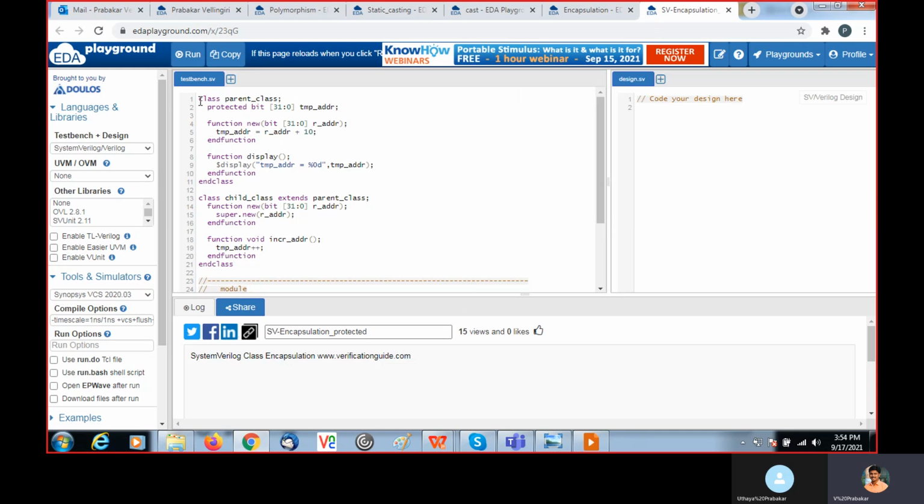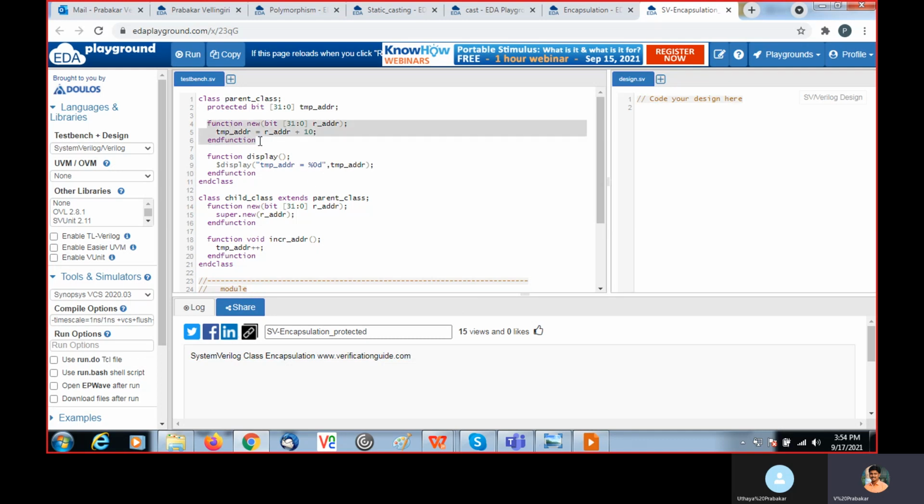In this example, this is the base class, the parent class. Here I declared temp address as a variable, and in this display I am printing, with the help of $display, the temp address value in percentage.